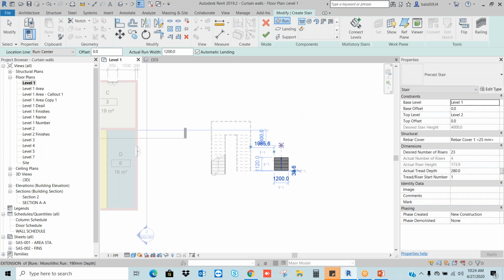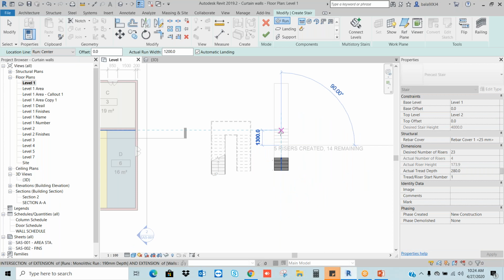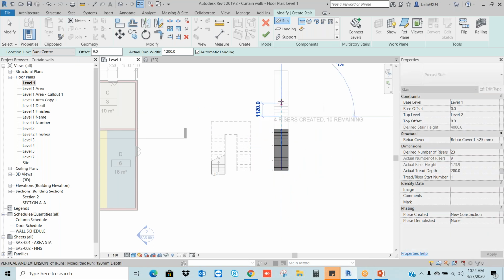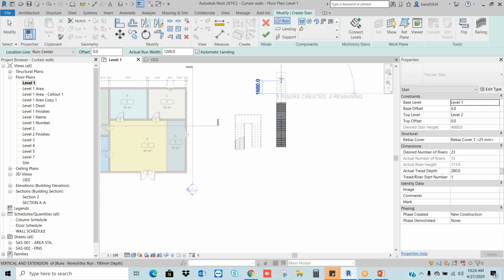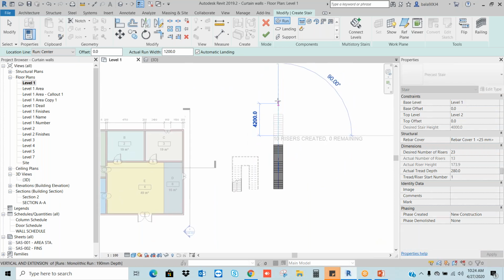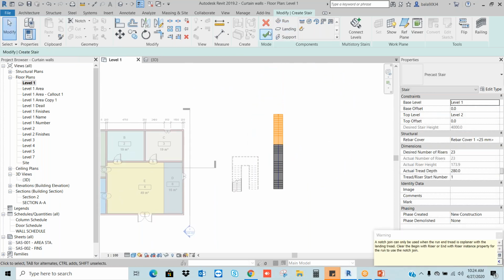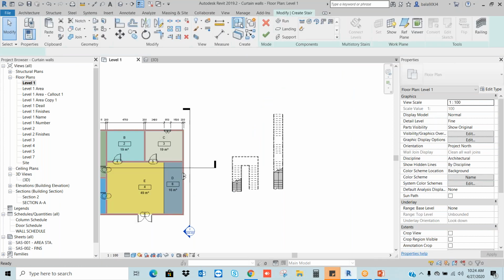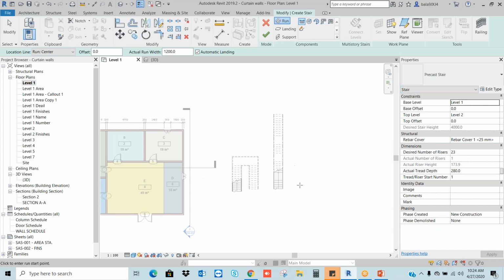Okay. Again I want to give the landing. Another 5 risers. I want to give the landing. Another 4 risers. I want to give the landing and remaining stair. Straight one. Okay. Finish. This is a straight one. Again I am going to another one. Okay. This time I will draw the complete single staircase.